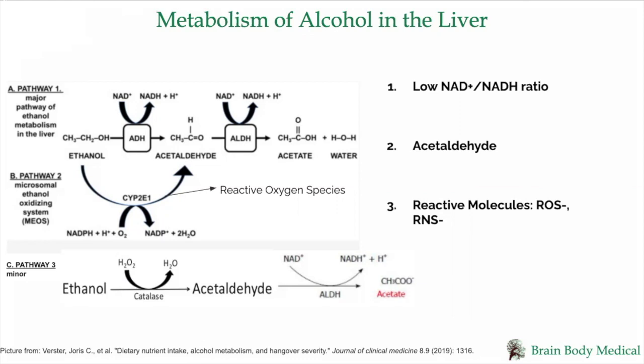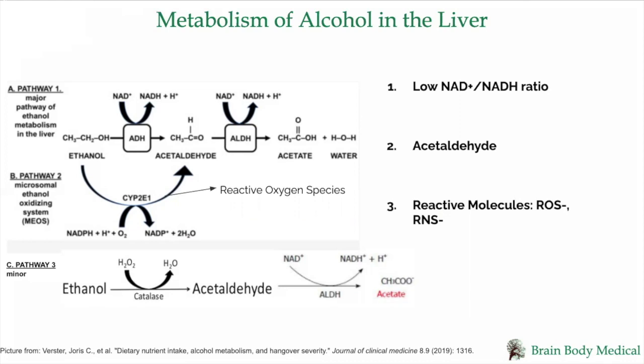It wants to be completed. It wants to have another electron with it. So it goes around to different areas of the body, particularly the cell membranes, and it tries to get electrons from different areas of the body, destabilizing different kinds of cells. That's called oxidative stress. The third pathway that we use to metabolize ethanol is via catalase, which goes to acetaldehyde,